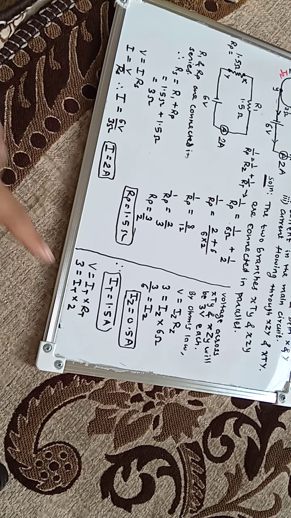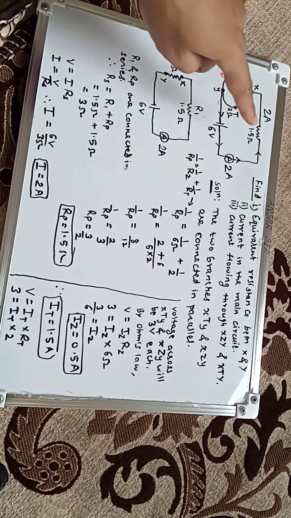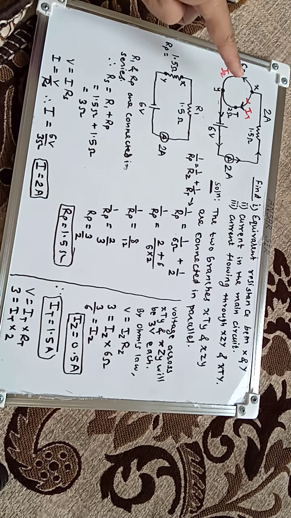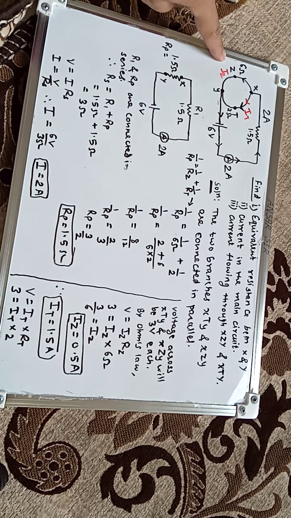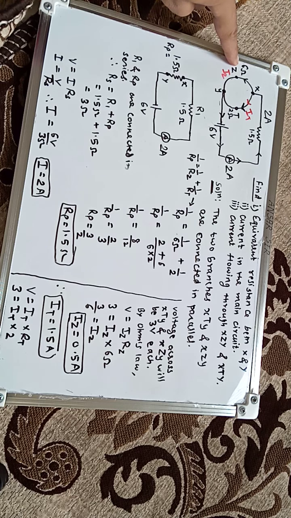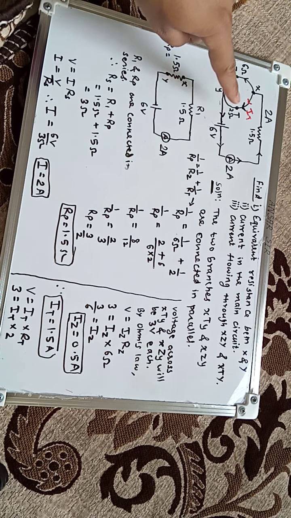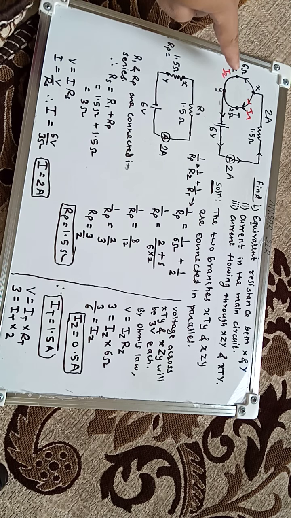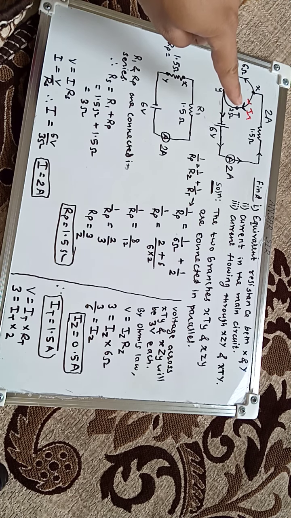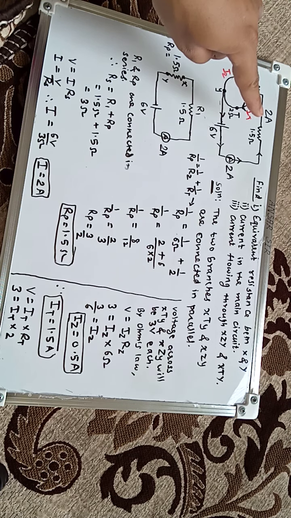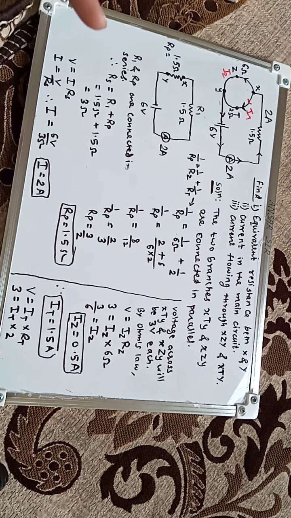And we already know it because the cell is giving us 2 amperes current, and out of 2 amperes current, 0.5 ampere current is going through XZY. Because resistance is more, the current will be less, and here it is only 2 ohm resistance, so the current will be 1.5 amperes. So 0.5 amperes is IZ and IT is 1.5 amperes. How much is the total current? 2 ampere, and that is it. Okay, I hope you understood this.